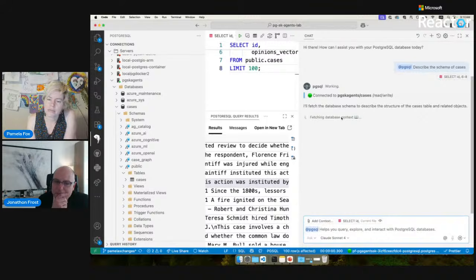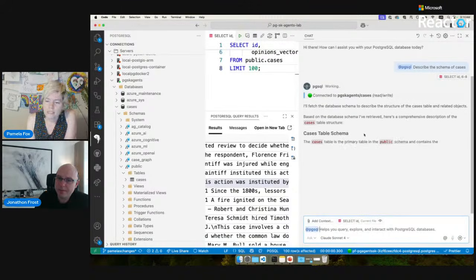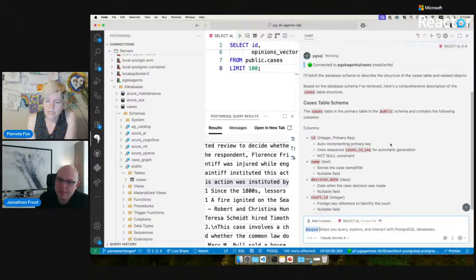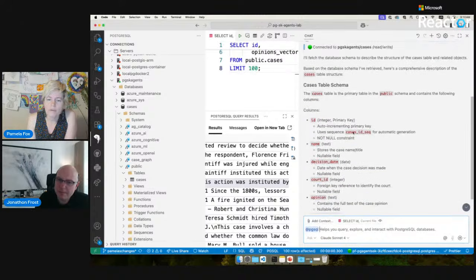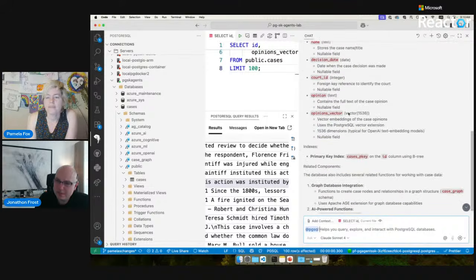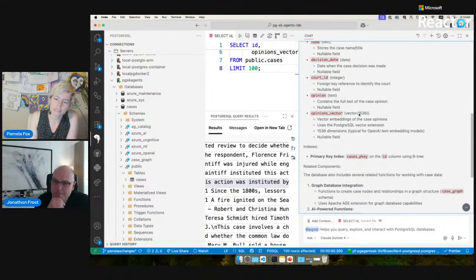In this case, it's going off and fetching the database context to learn more about it. This one is an Azure database, so it is making network calls here. That's why it took a few seconds. So here we have a description. It's giving more information, like whether it's auto incrementing, and its constraints. The vector, this is the one I really wanted to see. The vector is 1,536 dimensions.